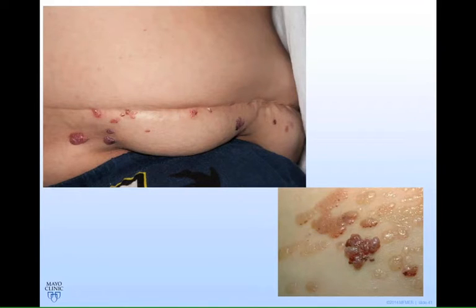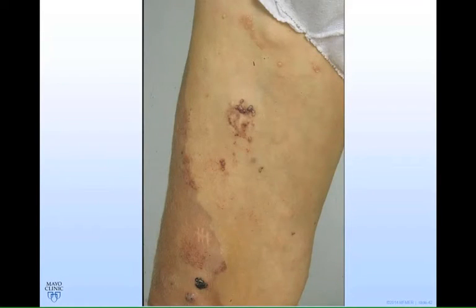And then this is a photograph of the tip of the iceberg, so to speak, that you might see with lymphatic malformations. You can see these areas start off more clear, and then when they get blood into them or hemorrhage, they can look more red, like blood. But what this indicates to me when I see it is that under the surface there's probably a fair amount of lymphatic malformation. This is another scenario where I really did try the topical sirolimus to see if that would help the blebbing. And this is a nice picture where you can see all 3 of the components that we classically think about in KT: the capillary malformation, the lymphatic component, and those veins underneath the surface of the skin.